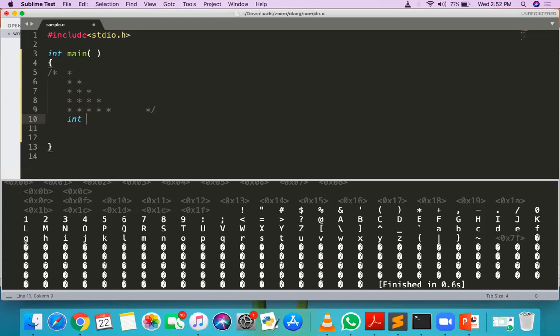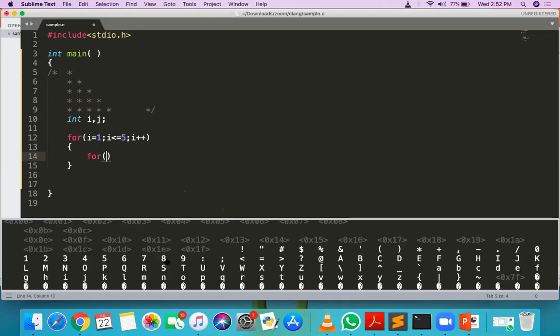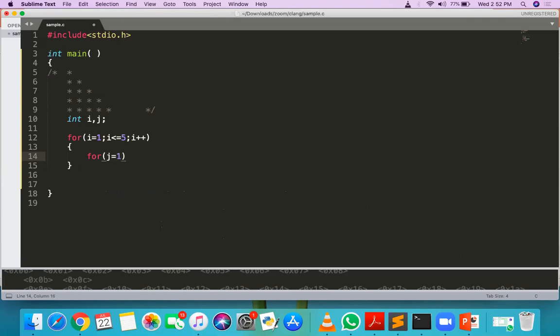Second loop will handle how many stars we have to print, and I think we have already done that type of exercise. Integer i, j, and for i equal to 1, i less than or equal to, suppose 5, and i plus plus. And then for j start from 1.